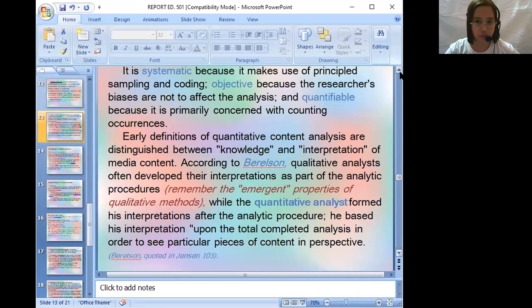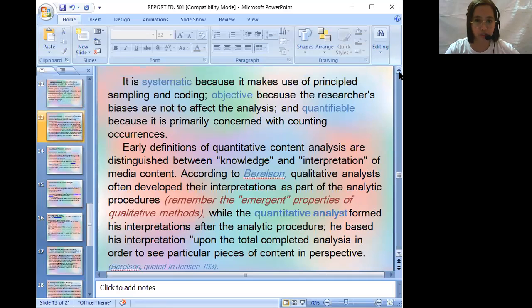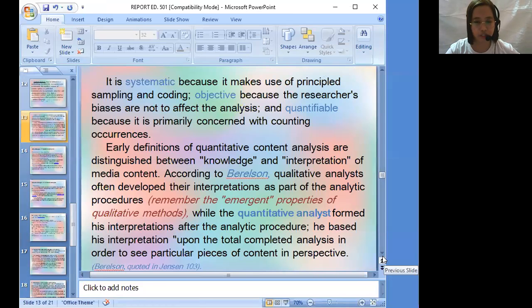It is also systematic because it makes use of principled sampling and coding. Objective because the researcher's biases are not to affect the analysis, and quantifiable because it is primarily concerned with counting occurrences. So early definitions of quantitative content analysis are,